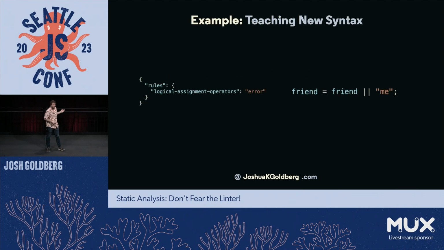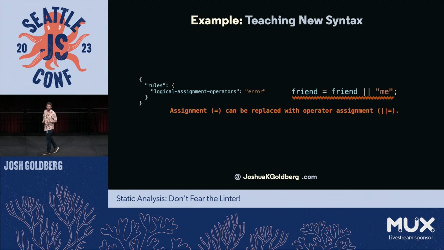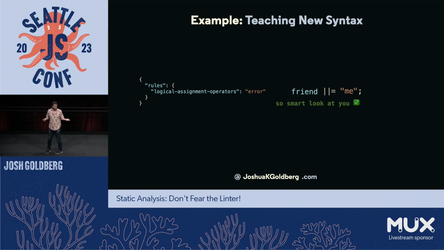Now, as an example, there's a rule called logical assignment operators that comes with ESLint, and very thematic to the idea of ECMAScript, whatever new version we're on. This thing will let you know, hey, I see you're doing x equals x or y. You can shorthand that to just x or equals y. That's a new JavaScript operator. That's a thing you can do now. And the lint rule would not only tell you you got it wrong, it would help you fix it to the new thing, which I think is really awesome. It makes your code better and it teaches you at the same time.